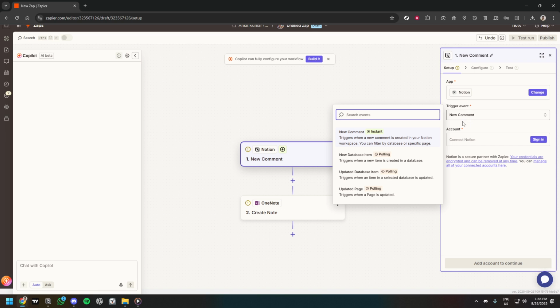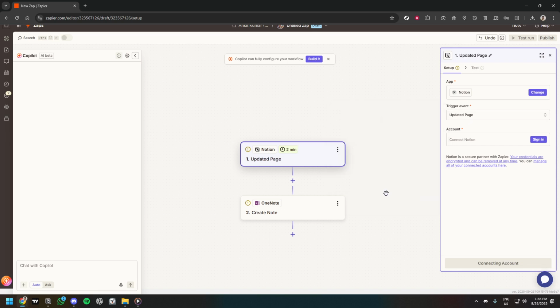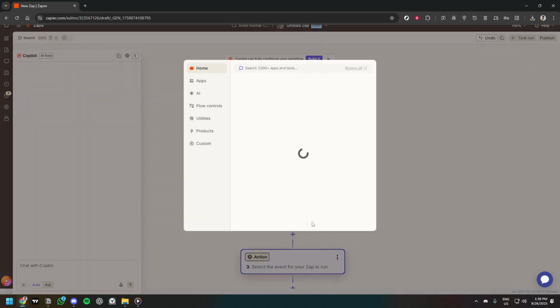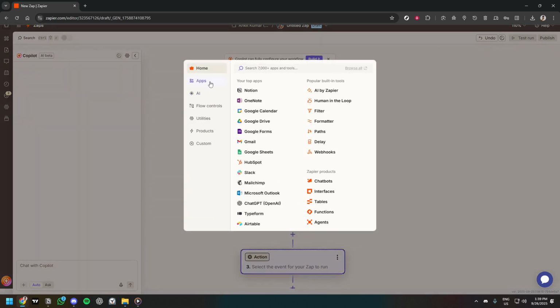And there you have it. You've successfully combined Notion and OneNote using Zapier, creating a robust workflow that streamlines your tasks and keeps your information seamlessly connected across platforms. With these tools integrated, your organizational and note-taking capabilities can expand significantly, empowering you to manage projects more